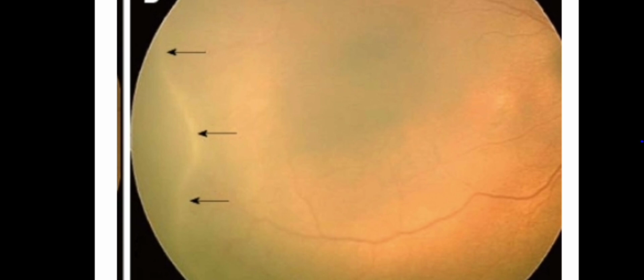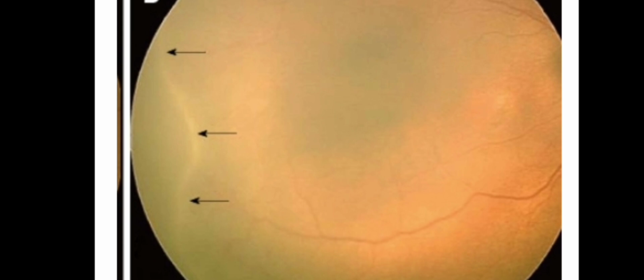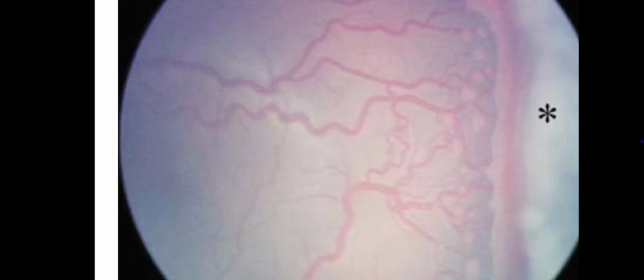Again, this is a clinical picture which shows the ridge formation. As you can see, compared to the previous clinical picture which showed the demarcation line, here we have some width and height for this line, forming the ridge. This is one more appearance which is seen in stage 2, called popcorn lesions. As you can see, these are a few popcorn lesions. These are nothing but small isolated tufts of new vessels lying on the surface of the retina. Again, this comes in stage 2 disease of ROP.